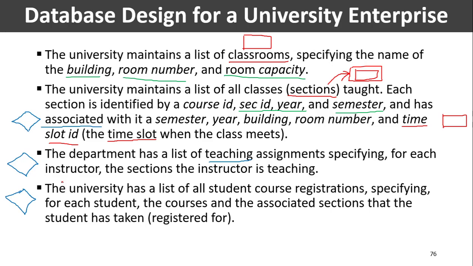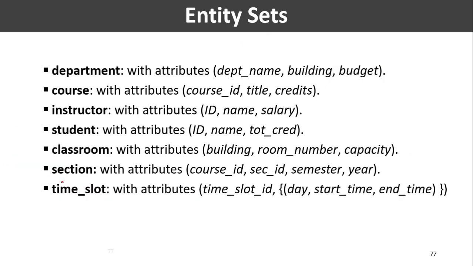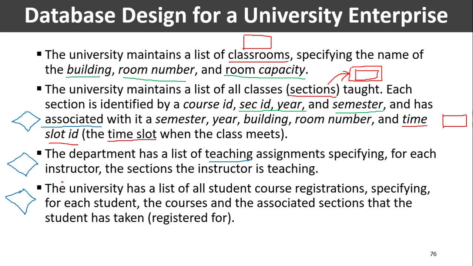So it is not mandatory to register for the entire course, but it is possible that students are registering for the sections. Okay. Fine. So with all these problem statements and the initial intuition, what could be the entity set, what could be the attribute, what could be the relationship, now let us list out in a systematic way whatever are the entity sets, those we have identified, and whatever are the relationship sets, those